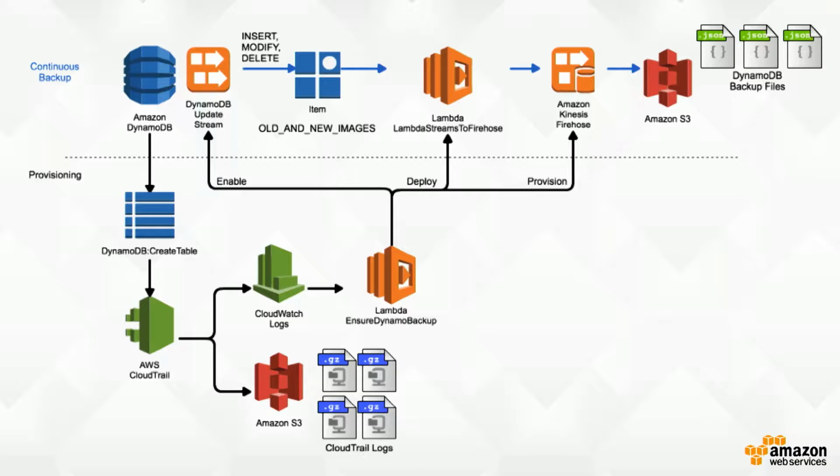Just to clarify, are you saying every event in CloudTrail gets logged to CloudWatch as well, so you can access it? You don't have to wait for it actually in S3? Good question. So the question was, will every event in CloudTrail be pushed to CloudWatch Logs, and do we have to wait for delivery to S3? In this case, this solution, if you use what's at the bit.ly link, it does filter and only routes DynamoDB events to CloudWatch Logs. And the delivery delay on CloudTrail can be up to 15 minutes.